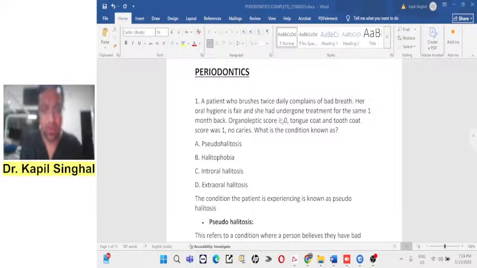The organoleptic score is 0, tongue coat score is 1, no caries. What is the condition known as? So basically in the question what he is suggesting,